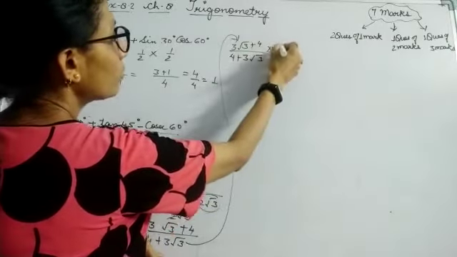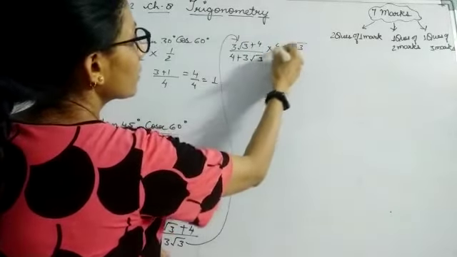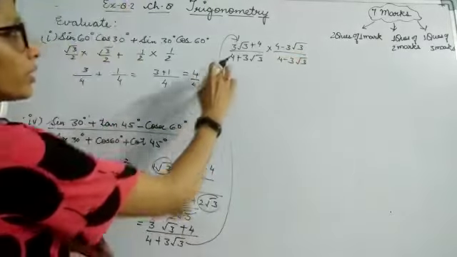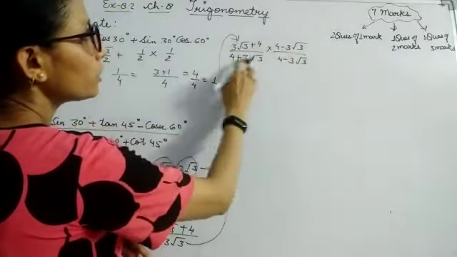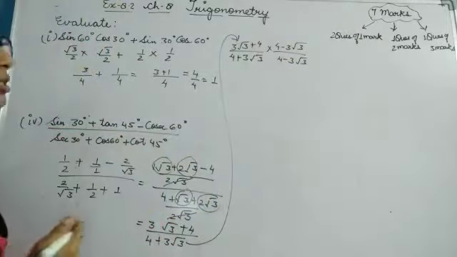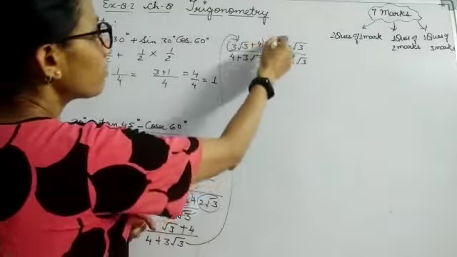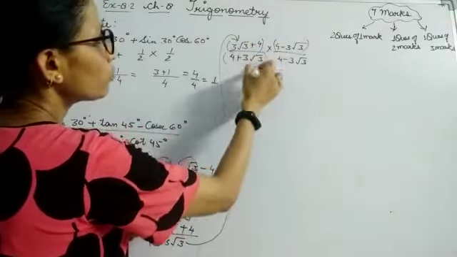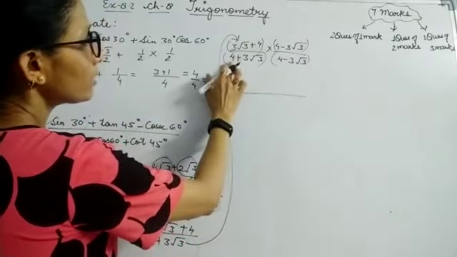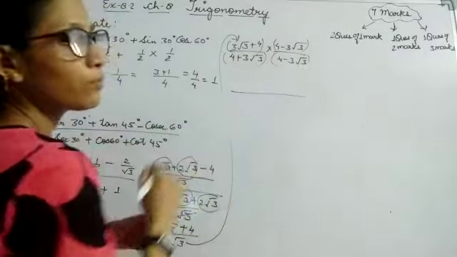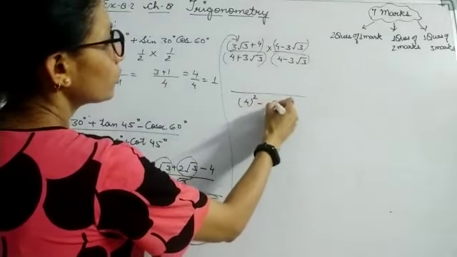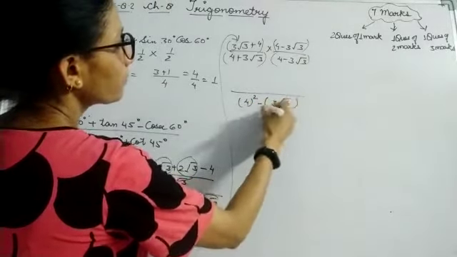That means you are going to multiply it with 4 minus 3 root 3. Here the denominator term is to be taken and the sign, whatever sign is here, you have to take opposite sign of this. Now you have to simply multiply these two terms and you have to multiply simply these two terms. In the denominator I can see this is a plus b and a minus b form. So I can write it as 4 square minus 3 root 3 square.